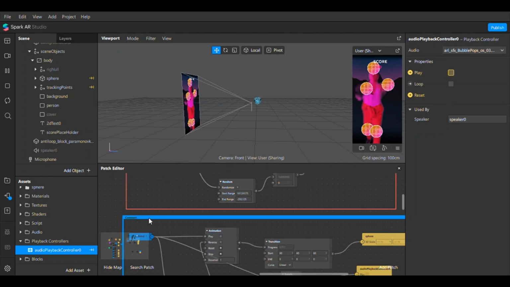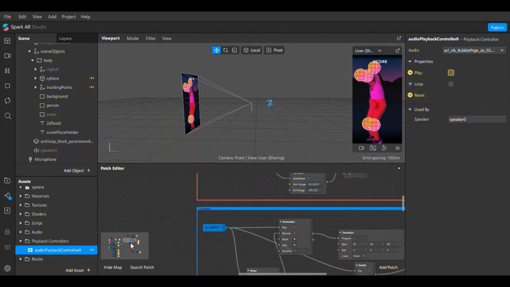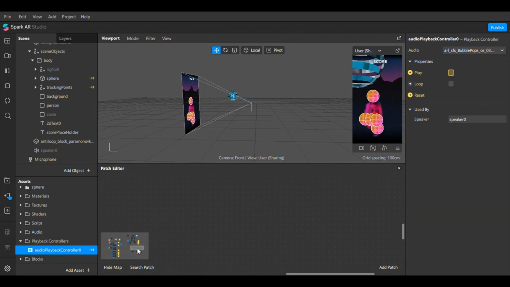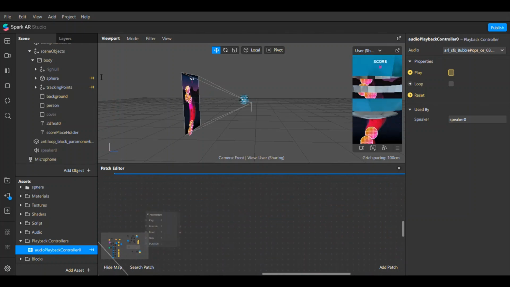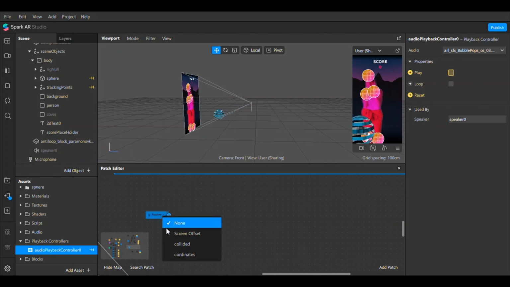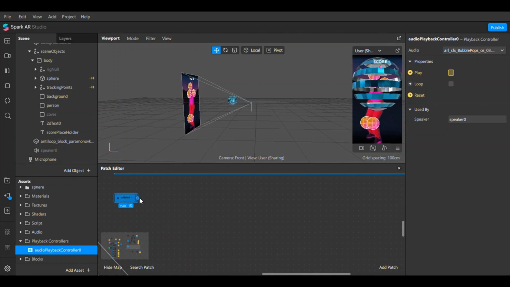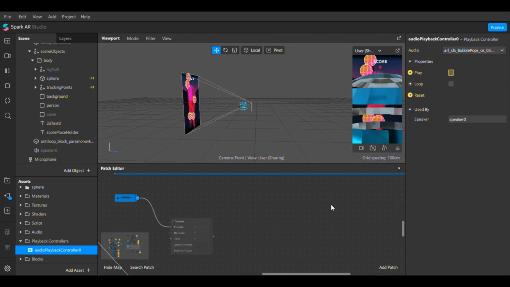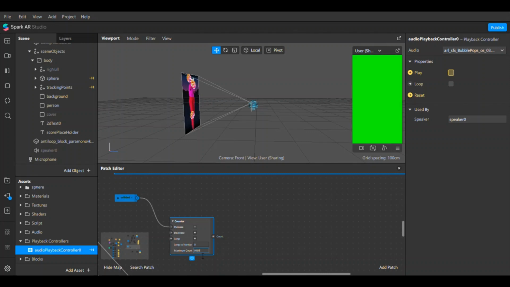The next thing, sorry, is we want to add a timer. So right click, add a receiver patch, and this receiver will be the collided. So every time there's a collision, we want the score to increase. So add a counter from the collision, make the maximum count, it's just